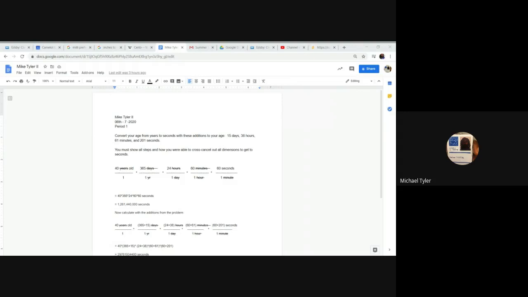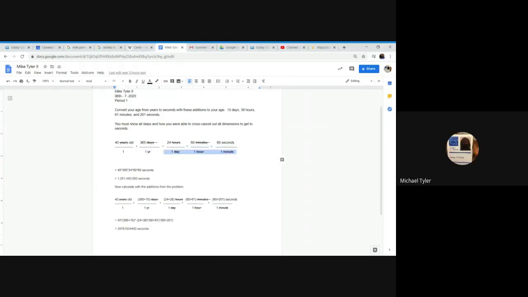So that's how you would do this. We did this morning, but I really wanted you to work on your computer science portions. The other problems are just problems to keep your credit up. You're going to use this example, but this is not the answer because you got to use your actual age and then recalculate everything twice. Because the first time is just your age without the addition. The second time is your age with the additions in the problem. So if you got questions on this, tomorrow I'll be here at the same time. You can ask me about that. And if we can get through that quickly, we'll go into the problems for tomorrow.